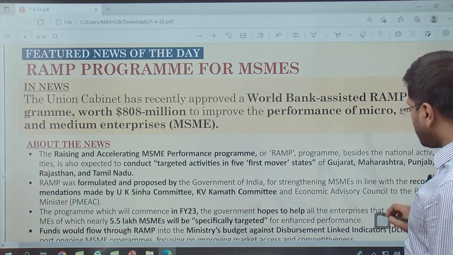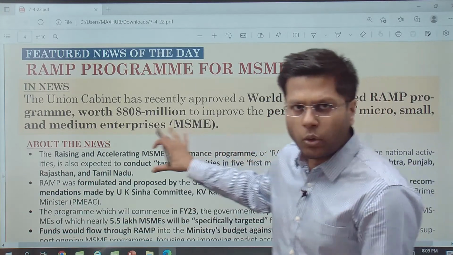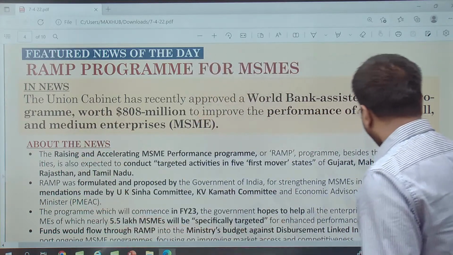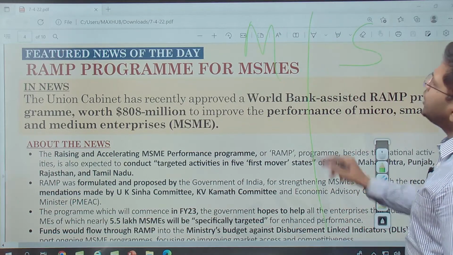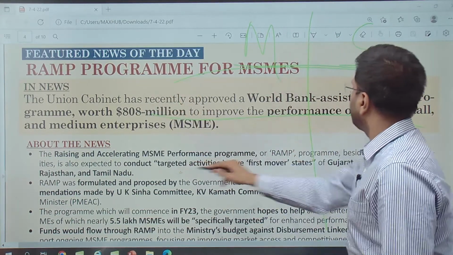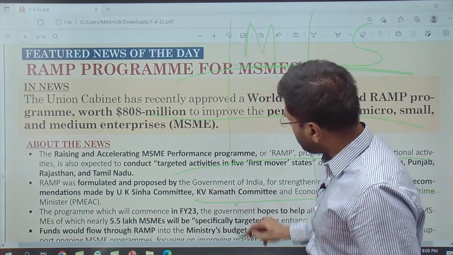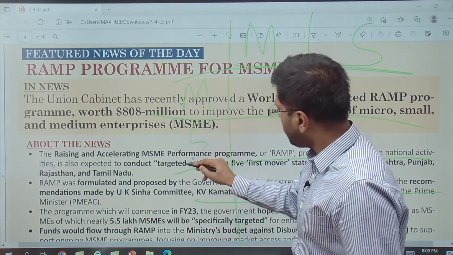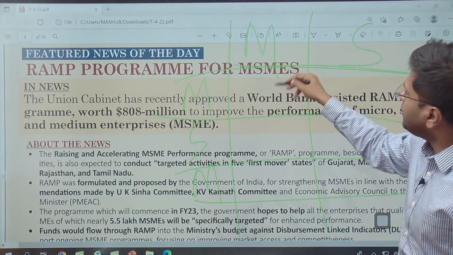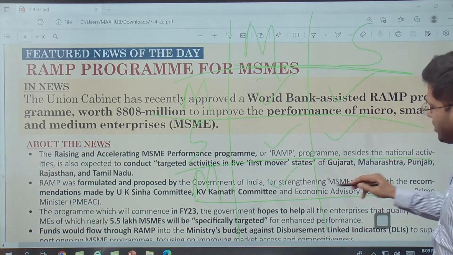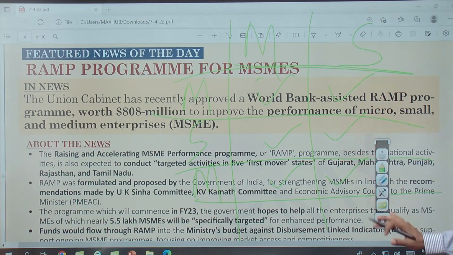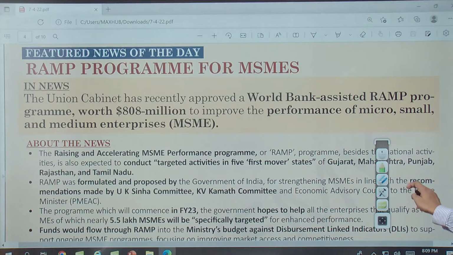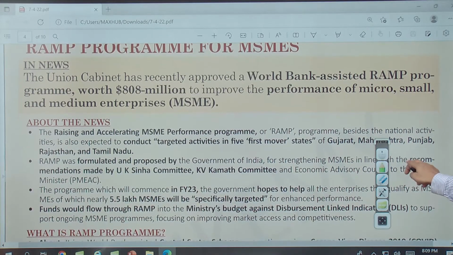And yes, the definition of MSMEs right now here, which is written, is the older one. The newer one clearly mentions what is the revenue generated in the manufacturing sector and in the service sector, both at micro, small and medium levels. So micro, small, medium, MSME, right? So these are the new parameters. I will share them with you. But then more important is to understand what is the reason for this change, right? So these are better indicators to understand which category the industry falls into. RAMP program, all right.